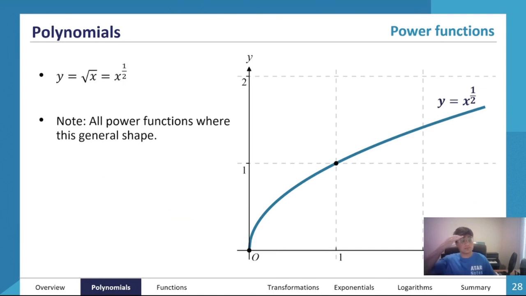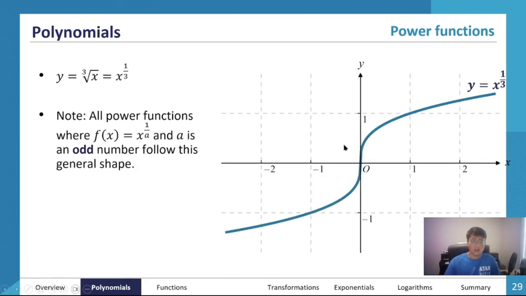First of all, we've got the square root function. So that's the root of x, or x to the half. It's going to have this shape where it starts at the origin. There's nothing on the left side of the x-axis, by the way. It just starts at the origin, then it increases, then it slowly gets flatter over time, passing through the point 1 and 1. If we have the cube root of x, or x to the third,